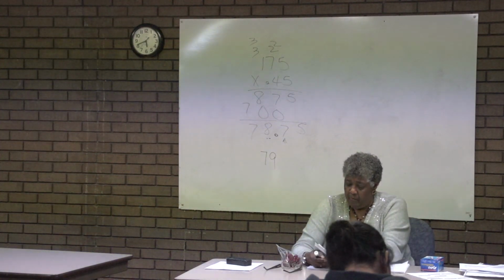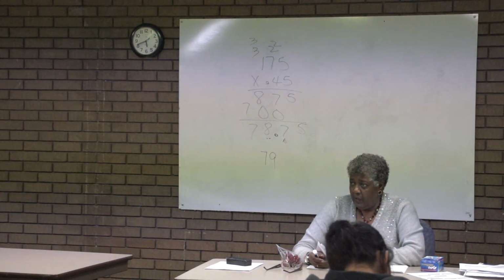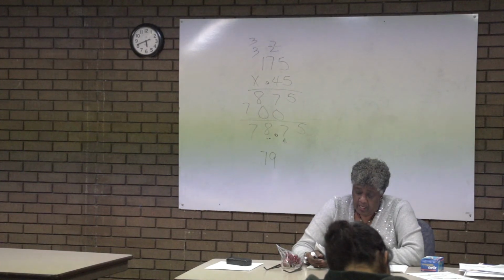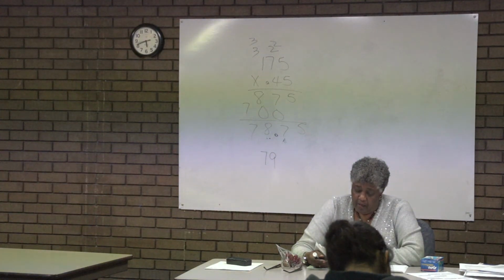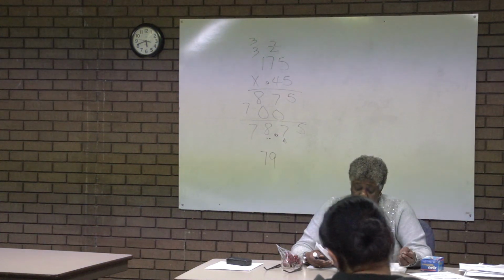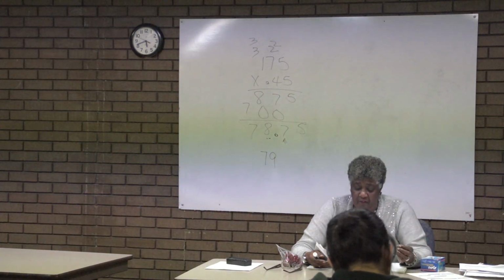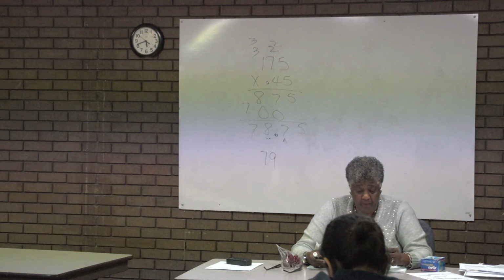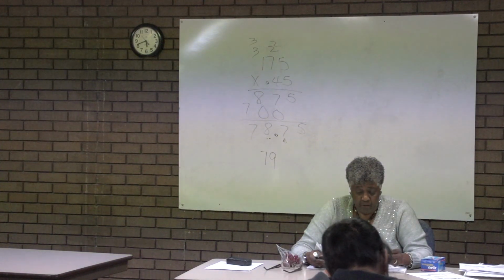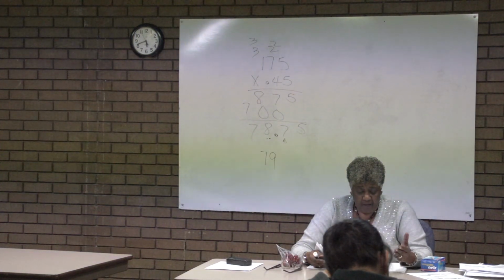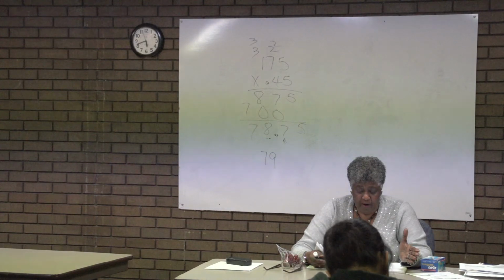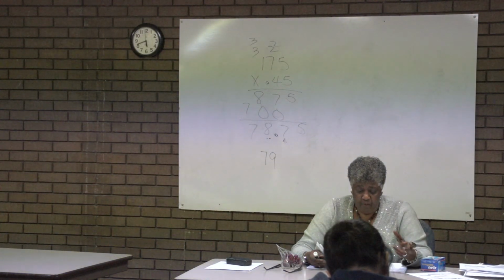All right, let's look at number 8. Any other questions about that one? Okay. It says in basketball, a scoring average is the number of points a player gets divided by the number of games he plays. So I'll go through that again because there's a period. To find their scoring average, they take the number of points the